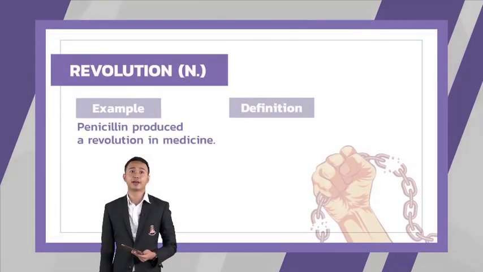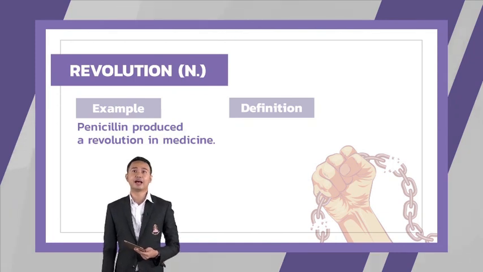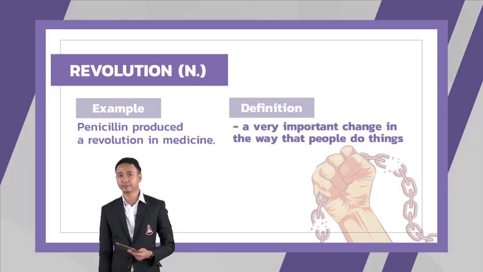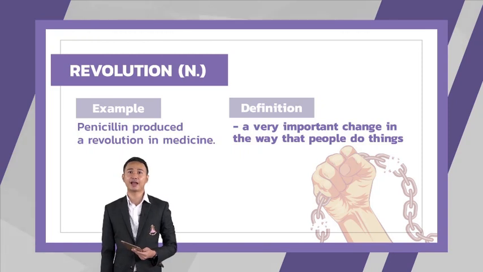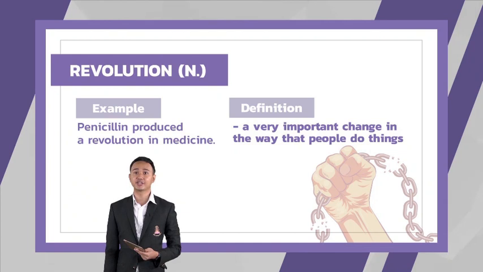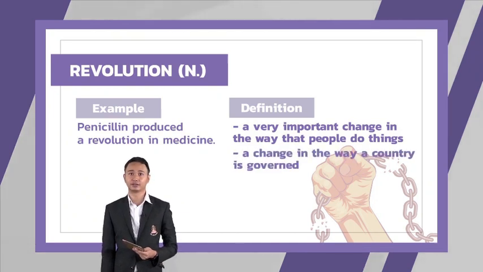Next, revolutions. For example, penicillin produced a revolution in medicine. Can you get its meaning? We use this word in two main definitions, in two main meanings. The first one, a very important change in the way that people do things. ก็คือแปลว่าอะไรครับ การเปลี่ยนแปลงครั้งยิ่งใหญ่ And its other meaning we use in political fields, a change in the way a country is governed. ภาษาไทยเราคือการปฏิวัตินั่นเอง